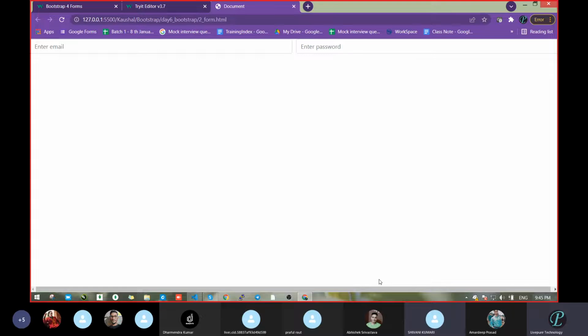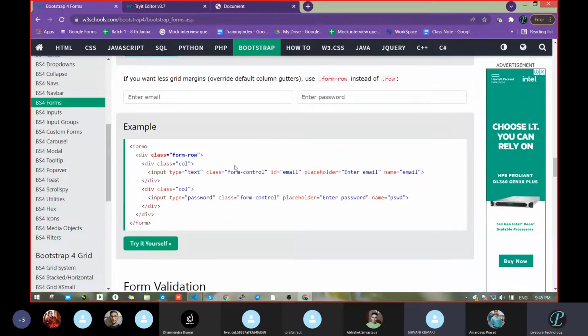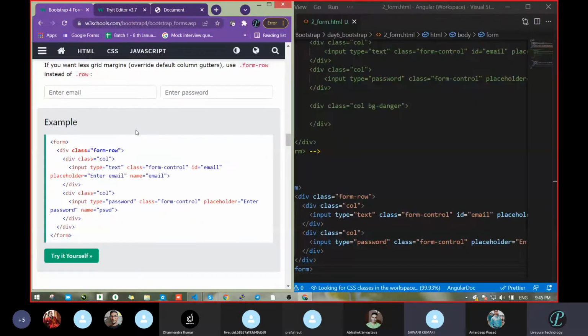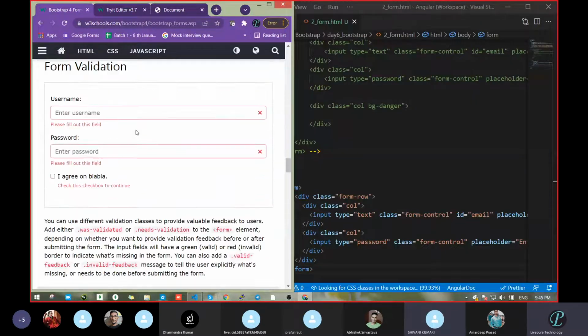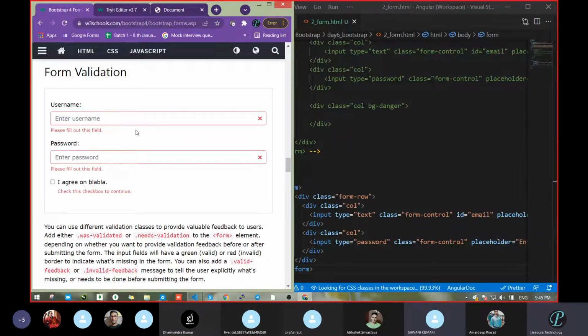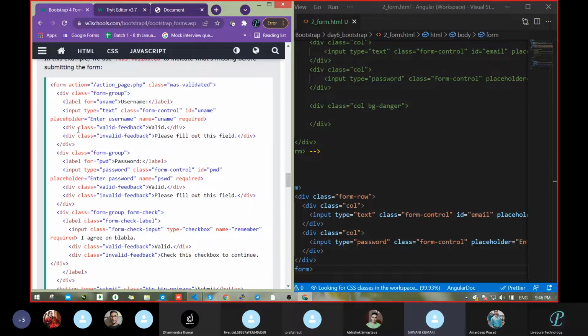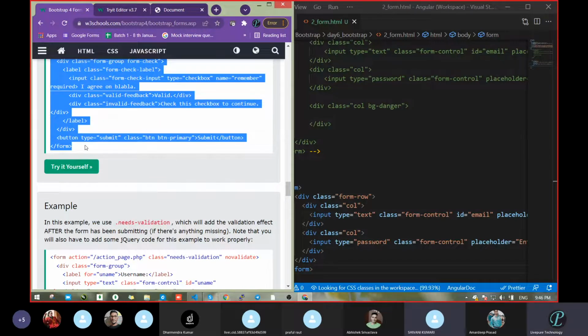So what did you observe here? Nothing. Just regarding the margin we discussed. That is the thing, no more. Next, the validation part. Suppose you entered a wrong user ID, wrong password, or even if you had not entered something, then how will you show the user that it is valid or not? That thing is the validation. You have to validate. Okay. So at that time you have to show this type of input, like some error message or something like that. So let's go now. This is the interesting part.